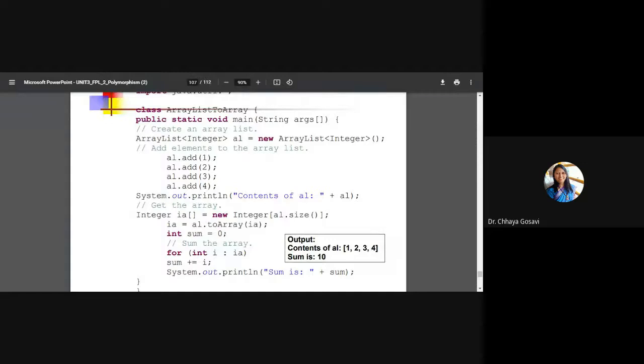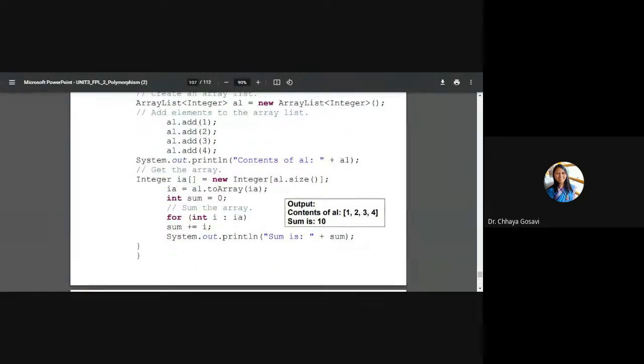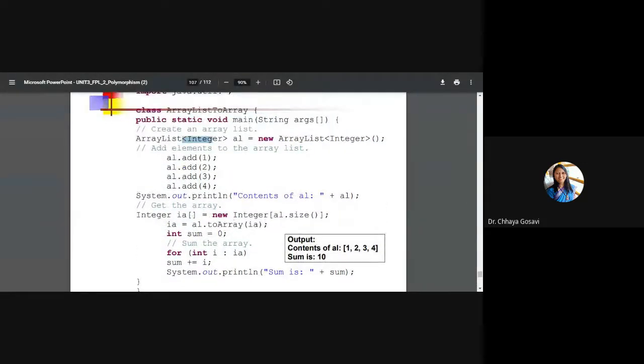So how to convert an array list to an array? Let's use an Integer array. Note that here Integer has a capital I, it is the wrapper class Integer, not the data type int with a small i. Whenever we use a collection in these angle brackets, we need a class. So here we need the class Integer. AL is equal to new ArrayList. I have passed integer values 1, 2, 3, 4, and when we print the contents of AL, it is 1, 2, 3, 4.